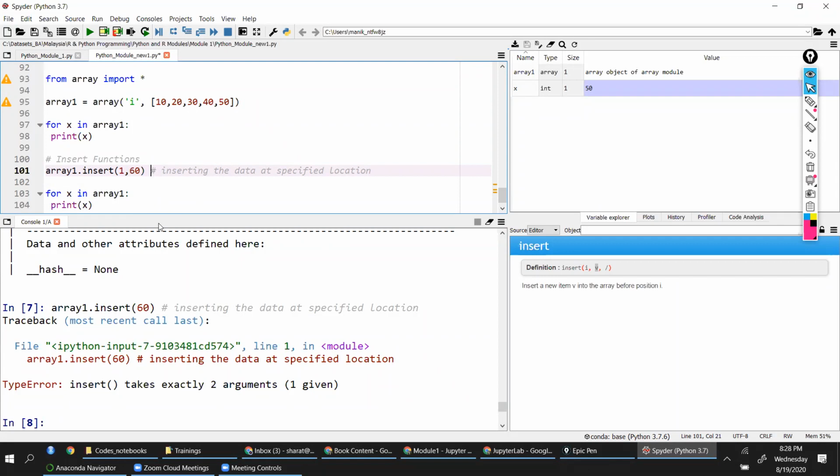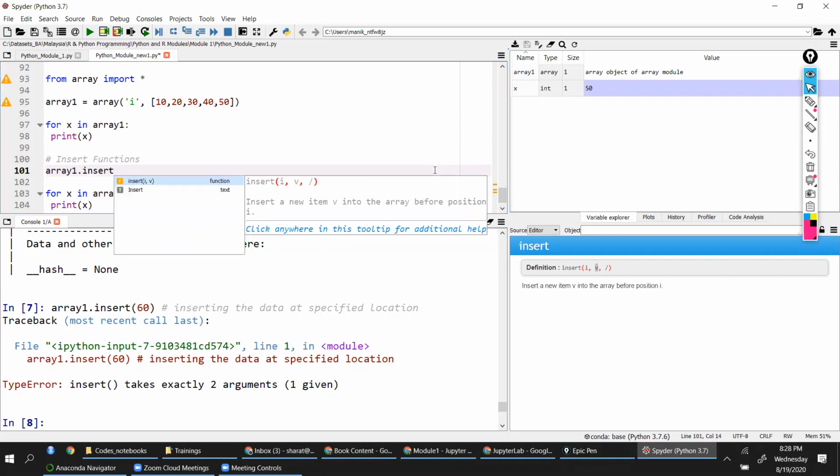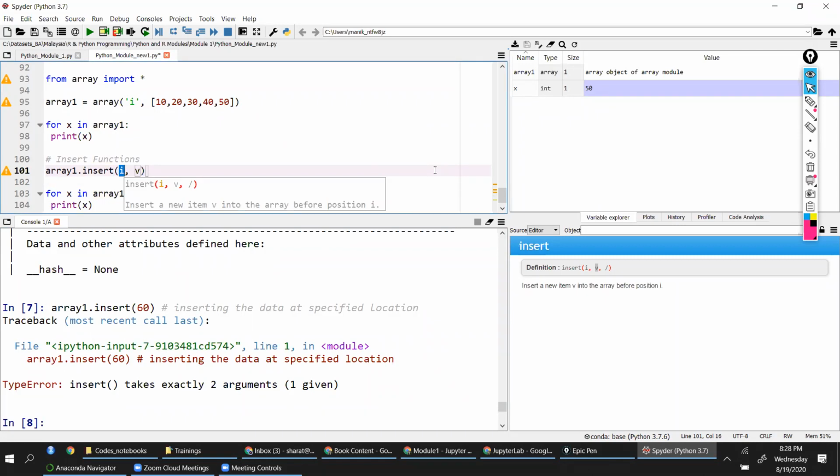If I say my array dot insert, okay, let me type that. Array1 dot insert. Now you can see that it's a function. I'm getting I and V. So for V, I'm putting any value, let's say 60.